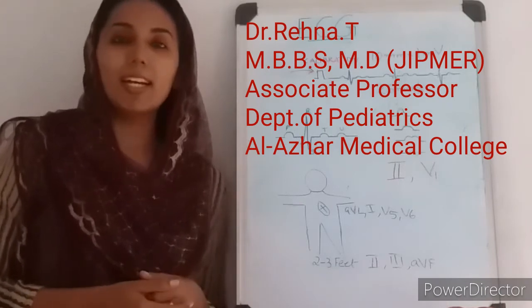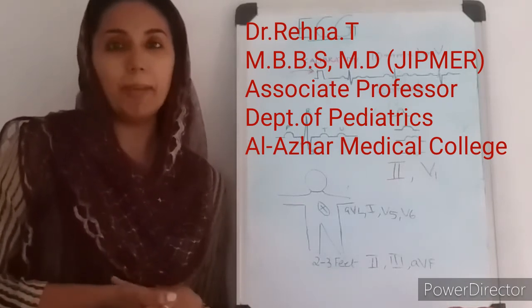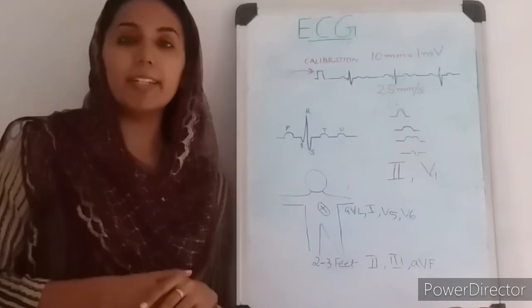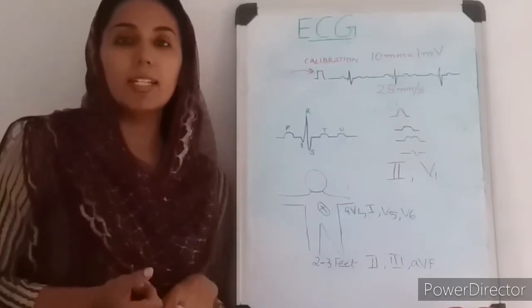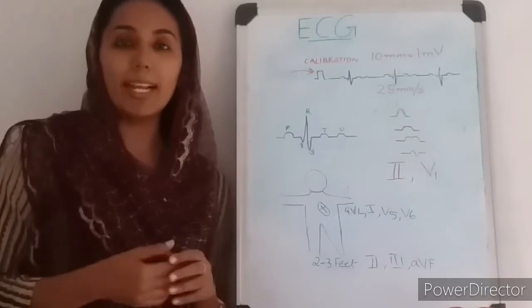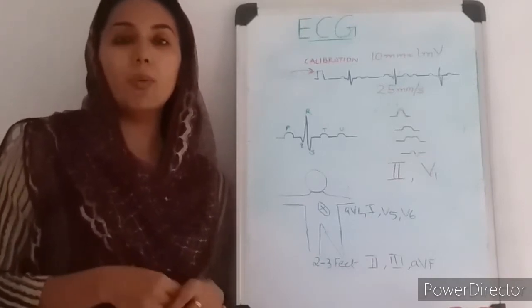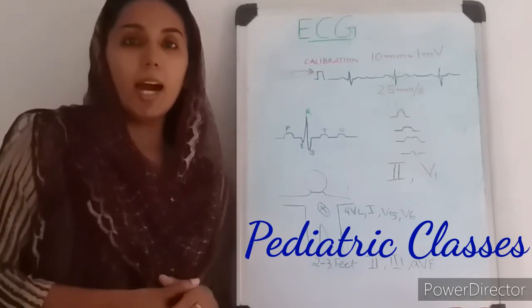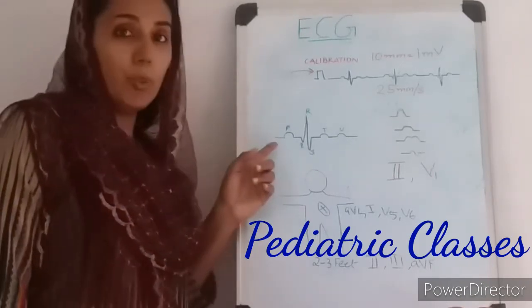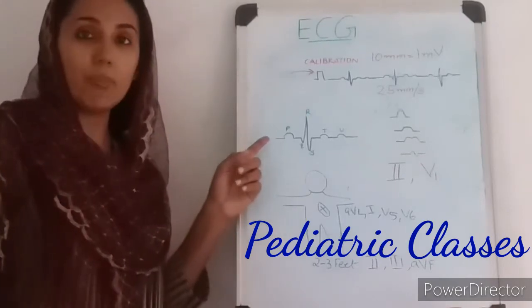Today we will discuss part 2 of ECG made easy. In part 1 we had discussed the electrical activities happening in the heart, the conductive system, the various electrical vectors and the various waves and segments of ECG. As a quick recap, I will just let you know about the different waves and segments of ECG.